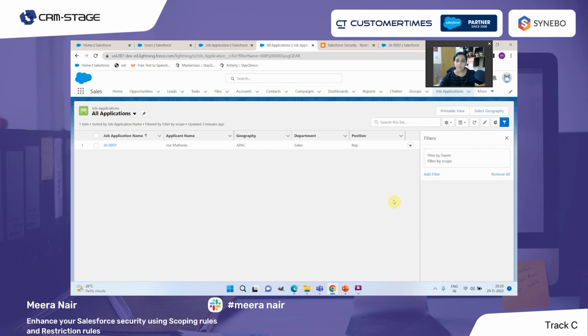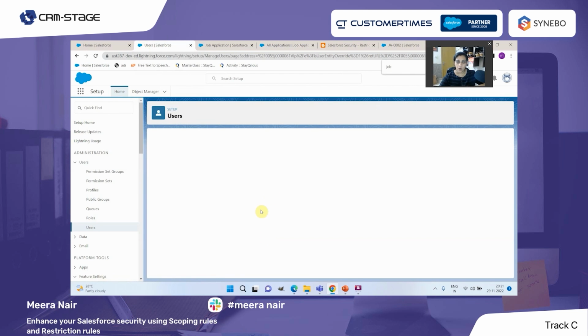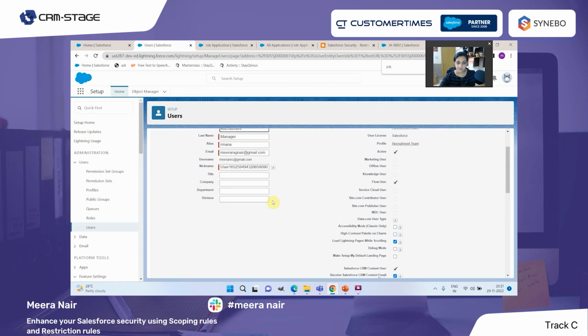But how can we make this more dynamic? Now I am seeing all the APAC records, and now I need to work on records that belong to EMEA or some other region. So one option is that you can go to that particular user, edit, and change the geography to some other region, so that you will be able to view records of that particular region. As an example, now I am editing the region